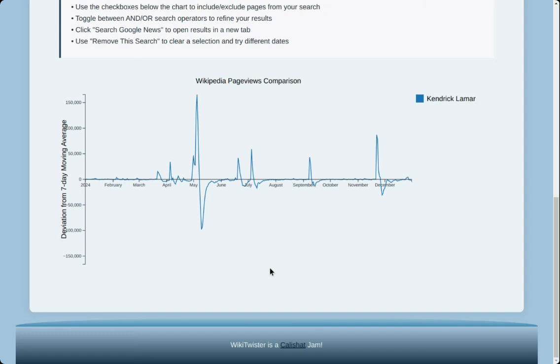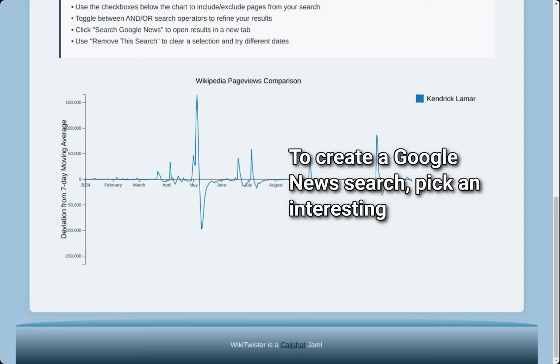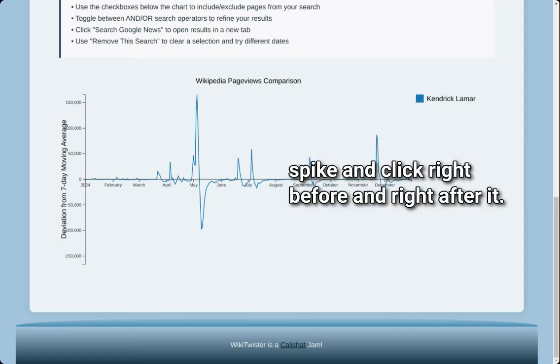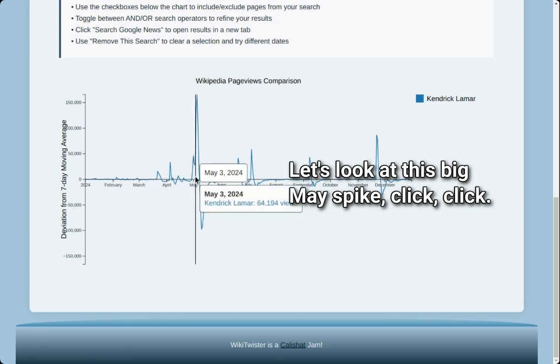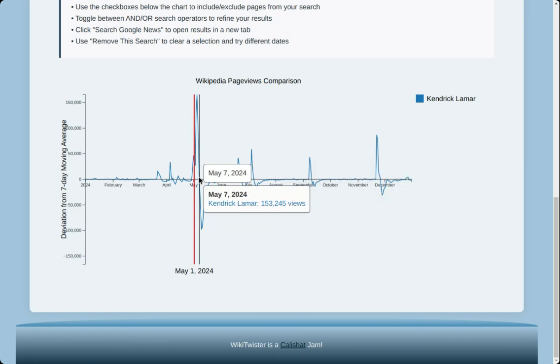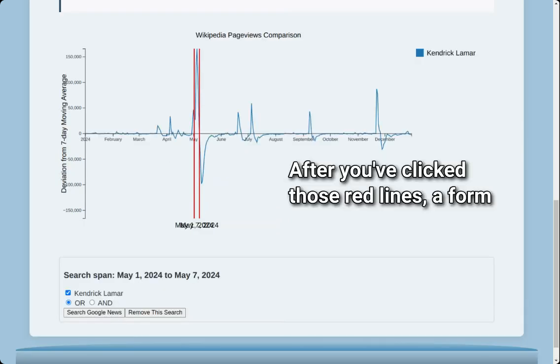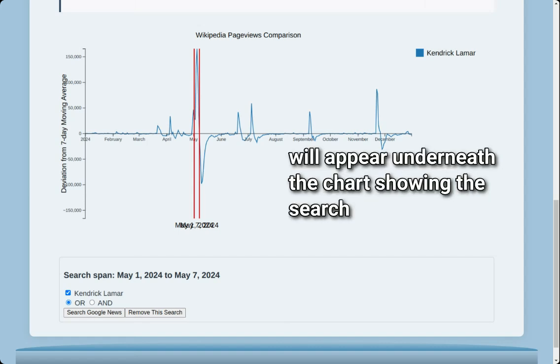Here's how. To create a Google News search, pick an interesting spike and click right before and right after it. Each time you click, a red line will appear. Let's look at this big May spike. Click. Click. After you've clicked those red lines, a form will appear underneath the chart showing the search span you've chosen